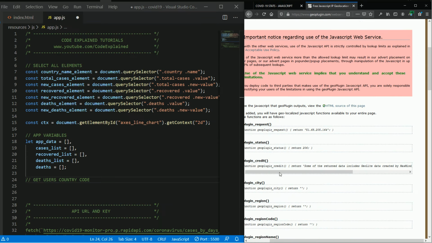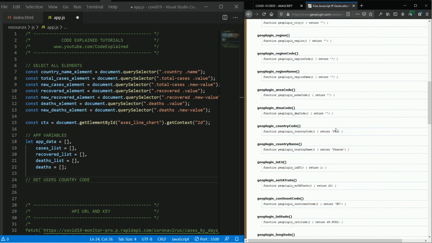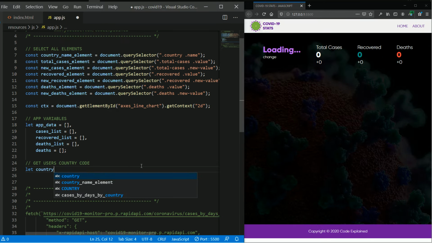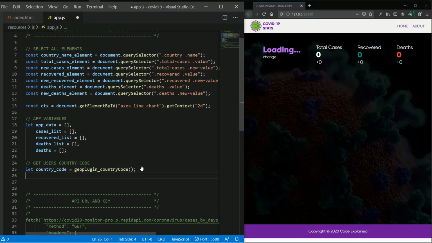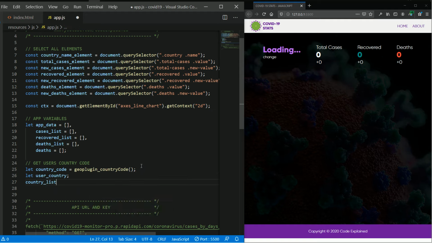Now I will use a function. The function is called GeoPlugin country code. I'm just going to copy the function. So here I will go and get the country code using that function, and then I will need to get the user's country name. So I'm gonna loop over my country list, which has all the countries there, using the forEach method. So for each country,